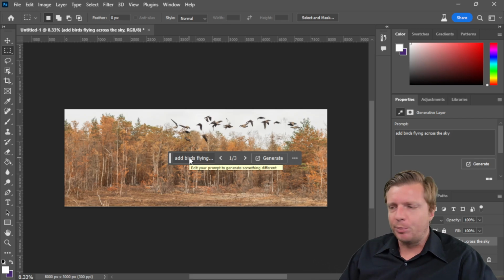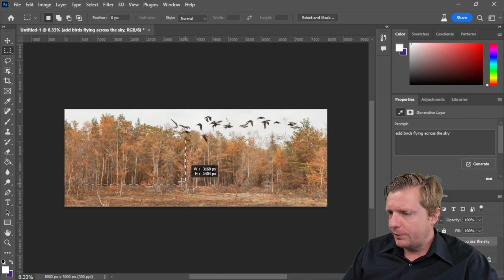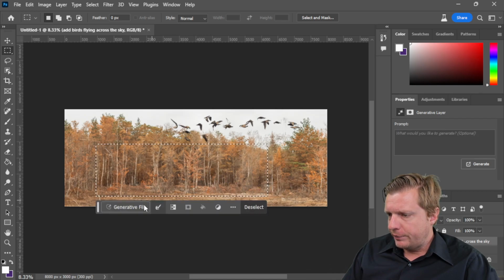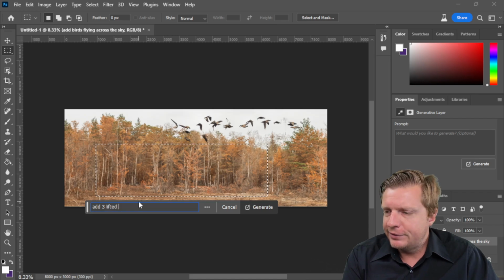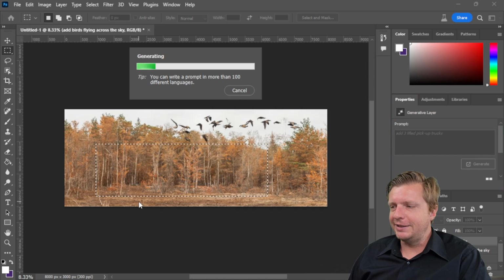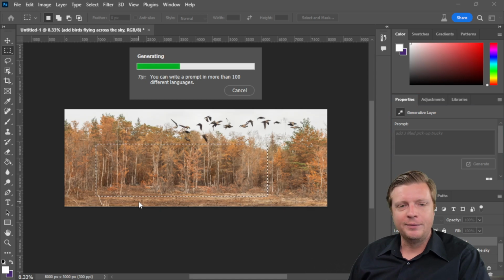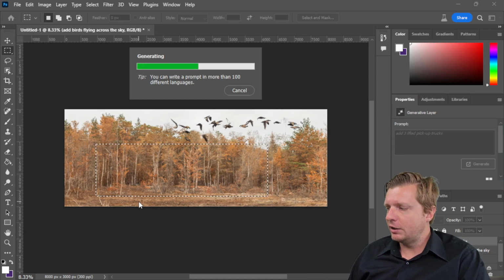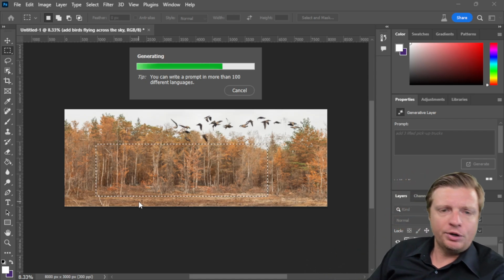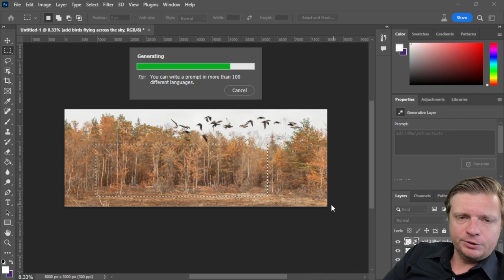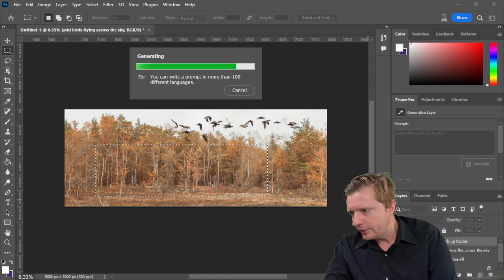There we go. We had the birds, and then over here we can say generative fill, add 3 lifted pickup trucks, and just see what it creates in that space where we gave it. And the same idea goes here, where you can page through what you don't like, and then you can also see on this layers panel over here that it